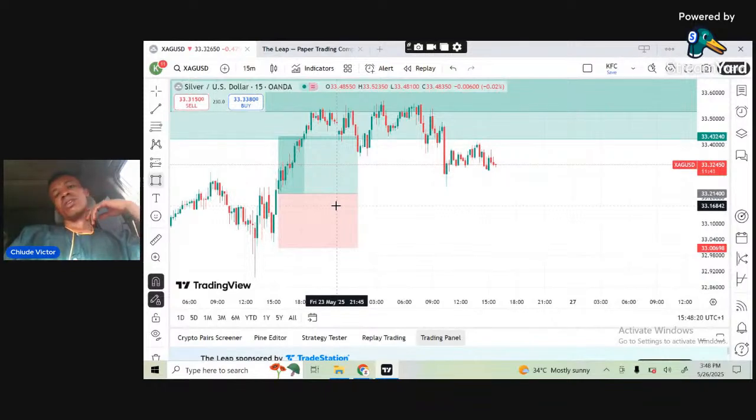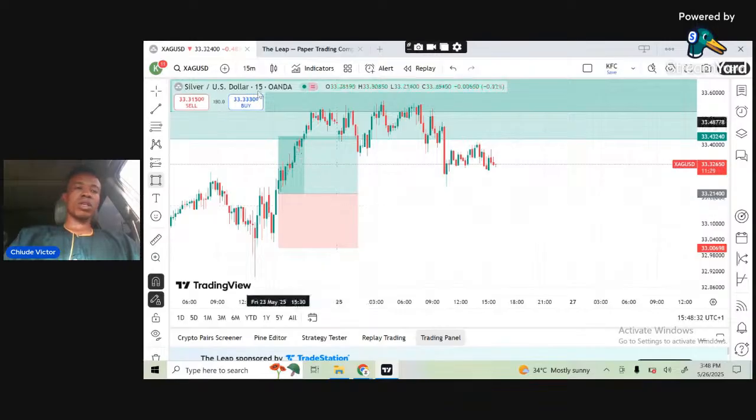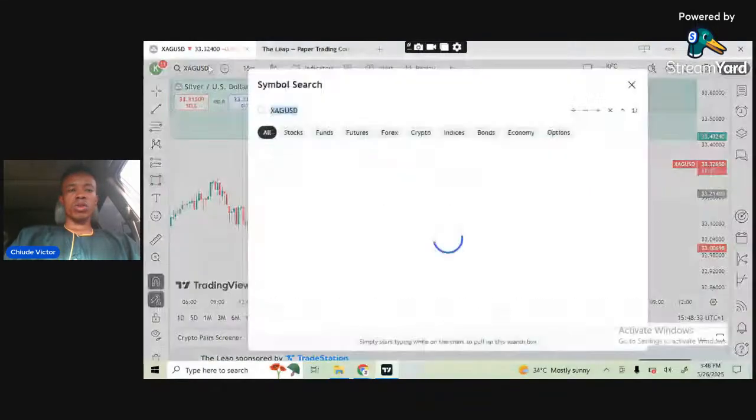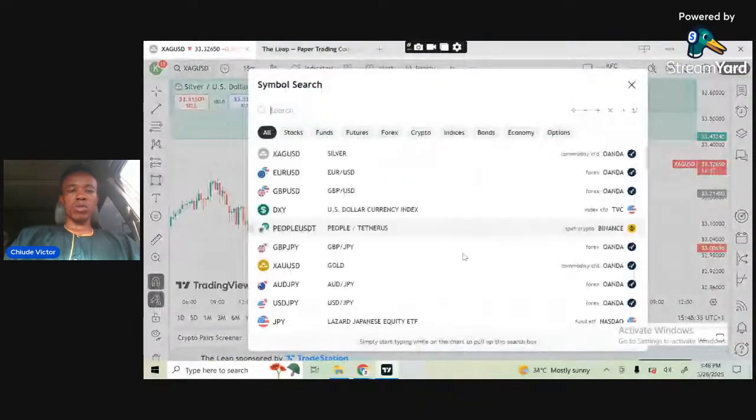So this was silver. I told you on Friday during the weekly analysis. I think so. I told you to buy silver. If you look well, you see it actually went well. It went to hit take profit. This entry was not posted on the group, so it's only for those who were part of the weekly analysis. They were the only ones who were able to see that particular entry.